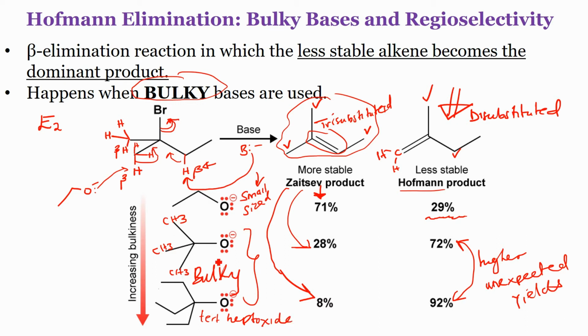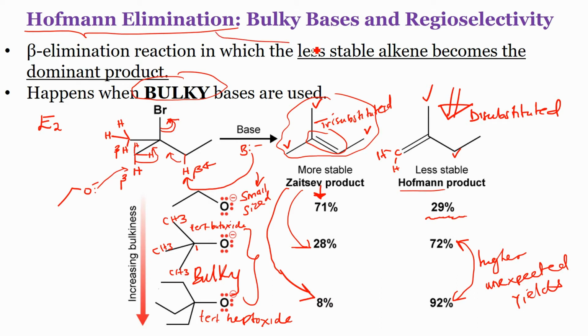Heptoxide. This is tert-butoxide. There are 4 carbons, 1, 2, 3, 4, but it's an alkoxide, so butoxide. Here you have 7 carbons, 1, 2, 3, 4, 5, 6, 7. So it's heptoxide. Alright, so that's the Hofmann elimination,